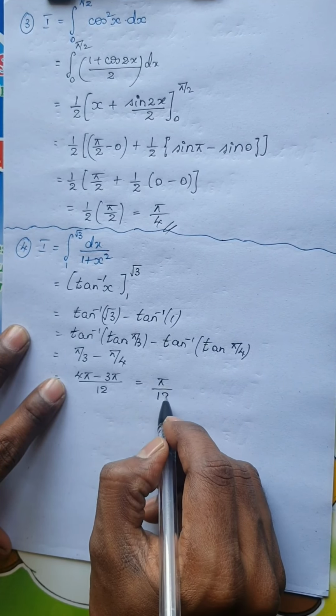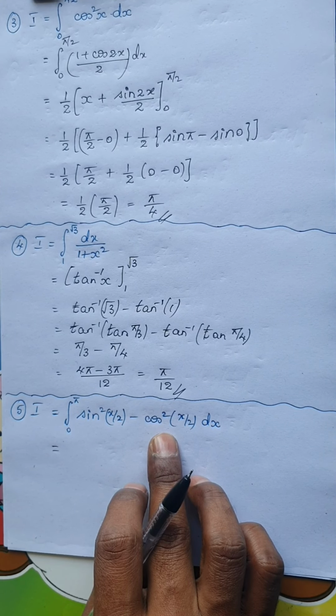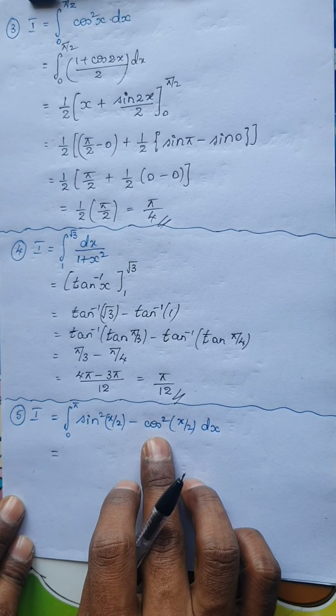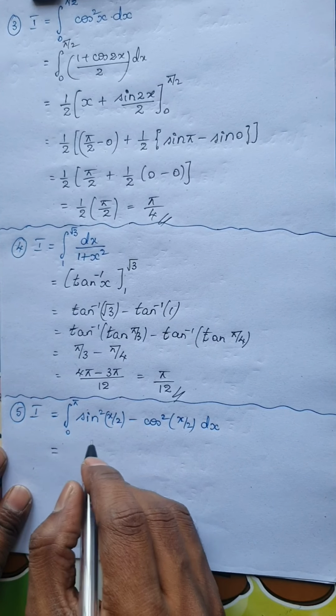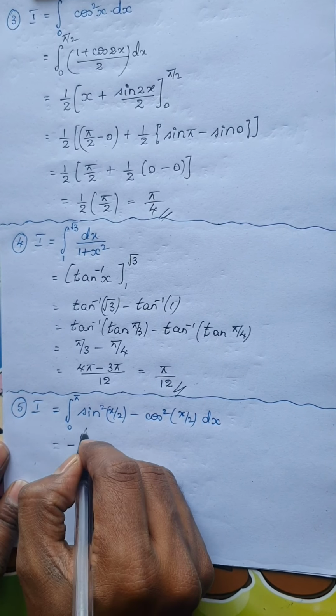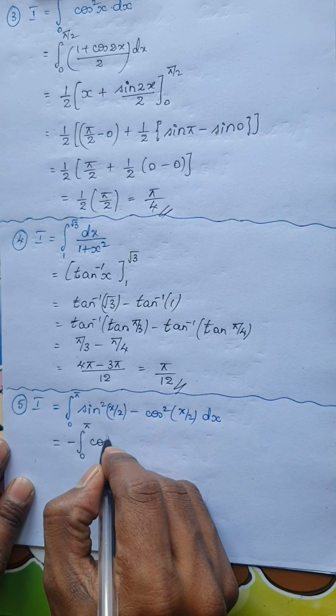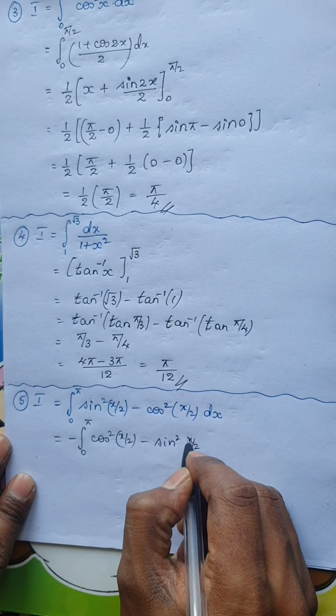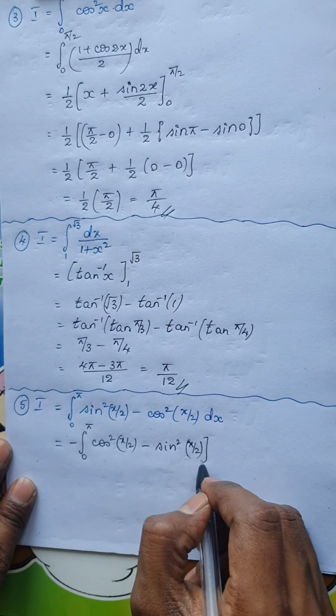Moving on to the next integral, we have 0 to pi sine square x by 2 minus cos square x by 2. Now remember, this is of the form sine square theta minus cos square theta. Now if you remember the formulas of trigonometry, cos 2 theta can be written as cos square theta minus sine square theta. So that is the minus of this. So I am going to write this as, it is possible, because if I take minus outside, I will get this as cos square x by 2 minus sine square x by 2, because I have taken minus outside, this dx.